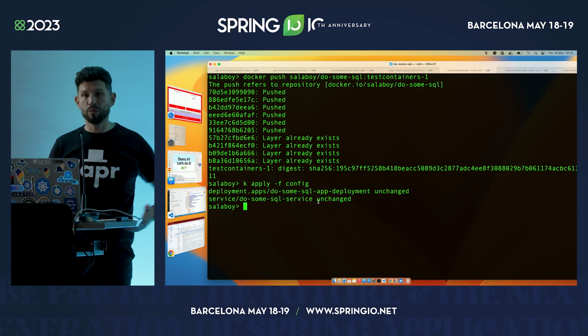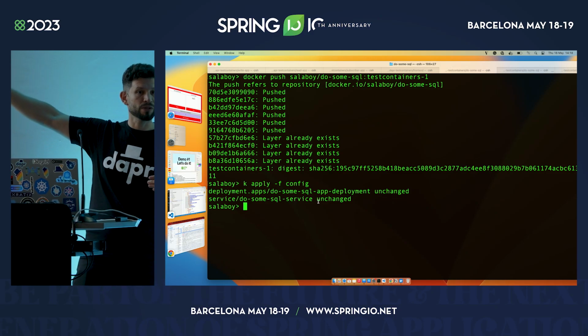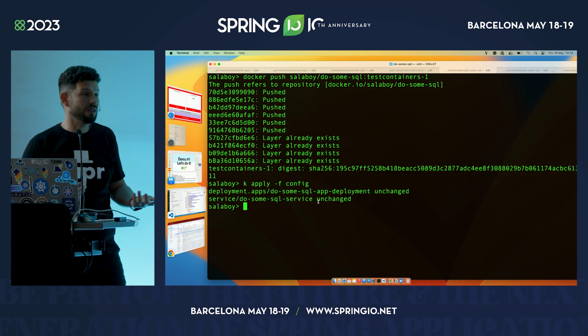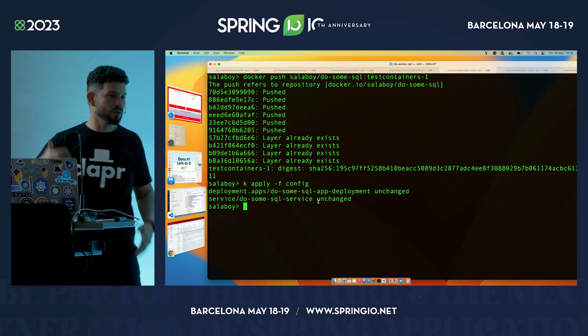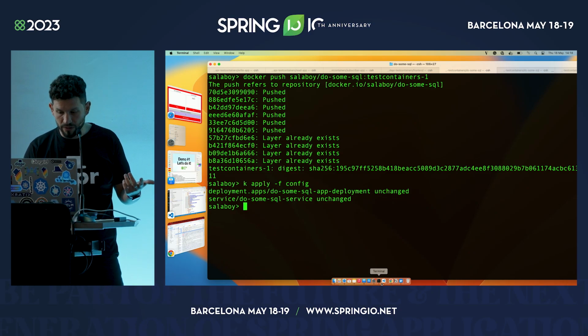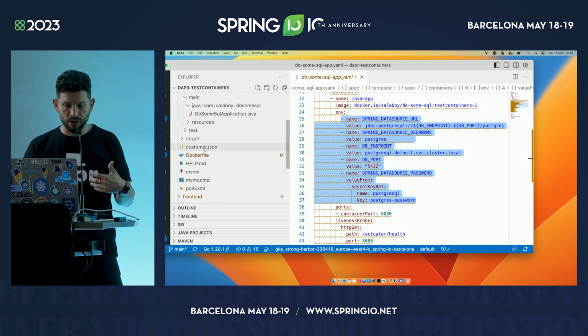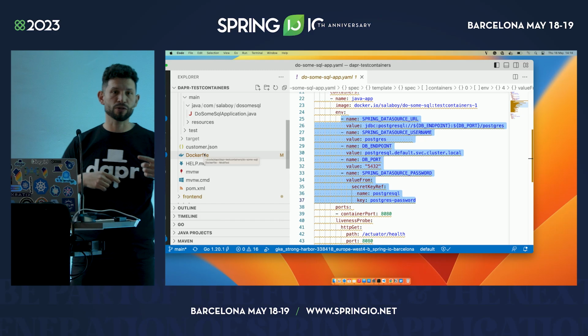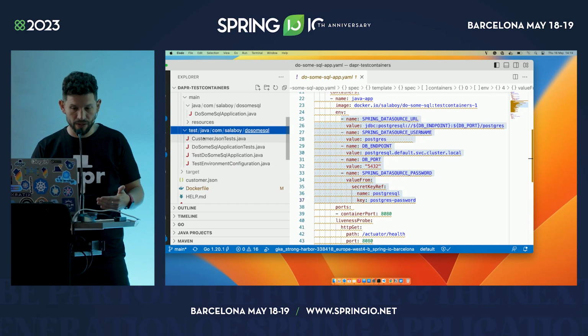The problem that I have with my application now is that it's actually running on the cluster. So I need to route traffic to the cluster in order to access it and test it in some way, right? Usually you are not going to test in the environment, you are going to test it locally. And that's why tools like Testcontainers can help you a lot, right? I can actually define some tests that are going to bootstrap an instance of PostgreSQL using containers, and then I will enable my tests to connect to that instance, right?